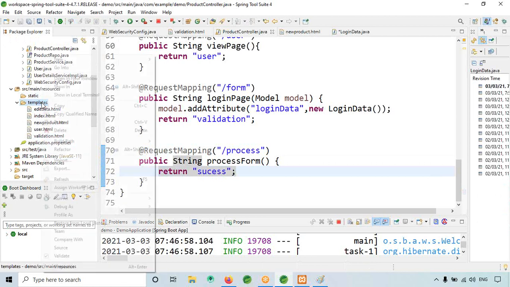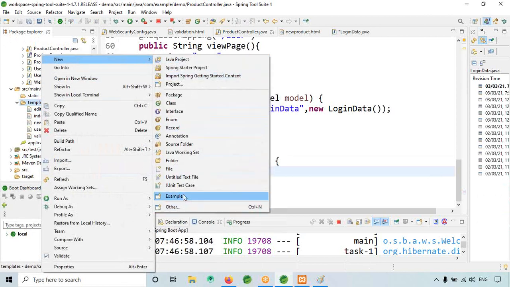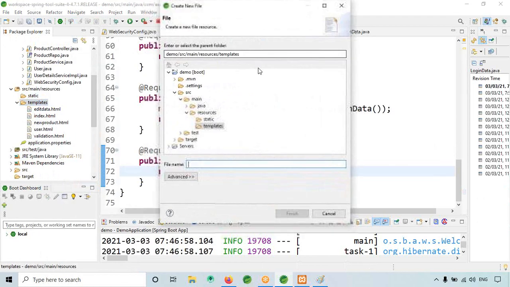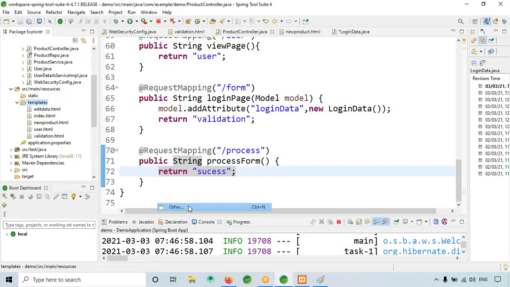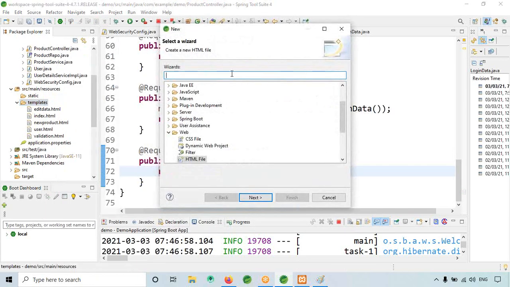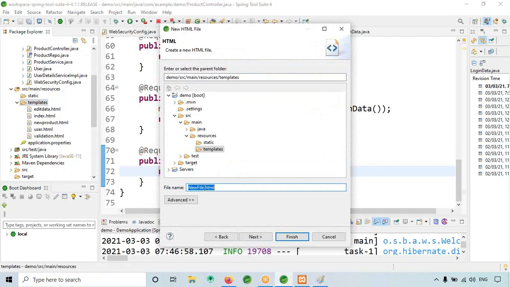Okay, so in templates, how to create the success page here. Not file, other, HTML, success.